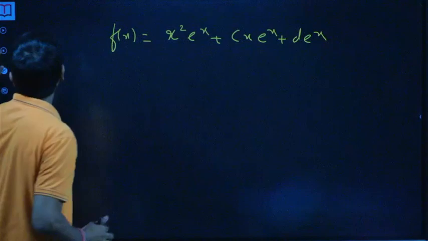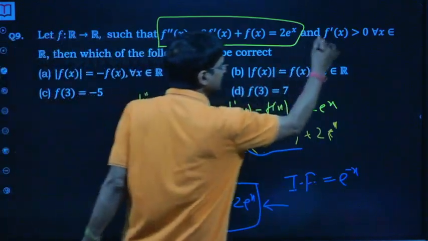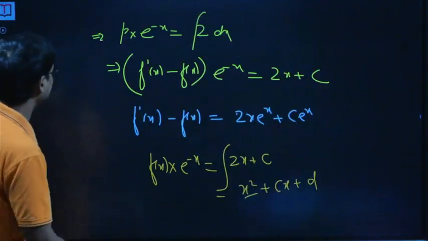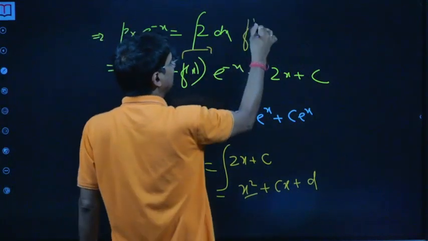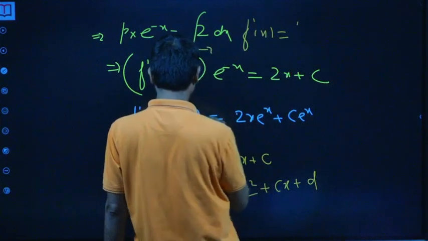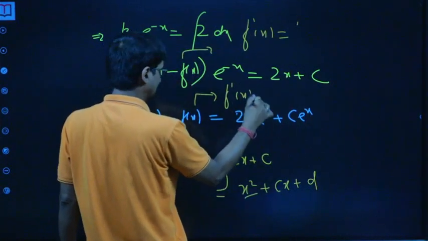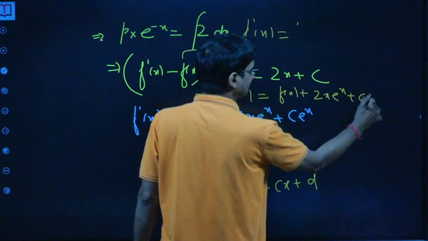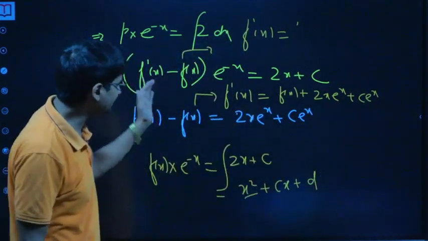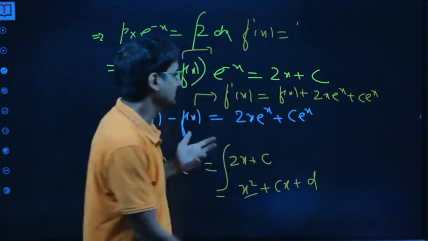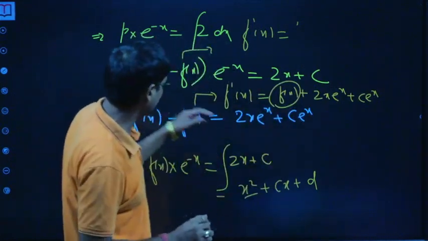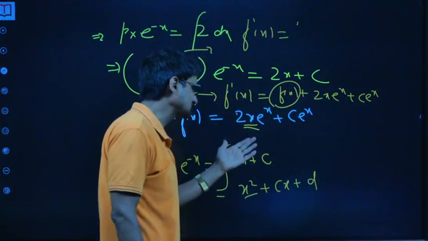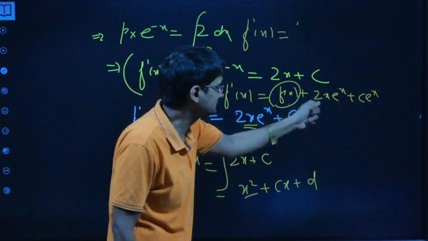Okay, now see, in the question we are given that f dash x is positive for all x. Okay, and what is f dash x? So if you look from here, f dash x is nothing but fx plus 2x e raised to power x plus c times e raised to power x. If it is to be positive for all x, so of course it's true for all x. Okay, so this term has to be positive. I mean fx has to be positive in that case.